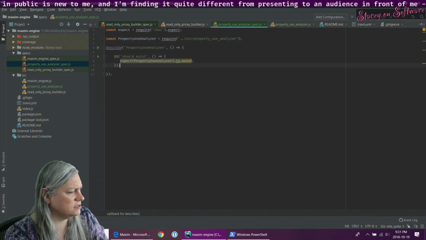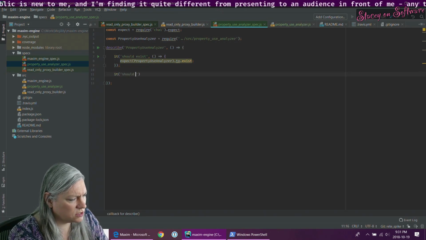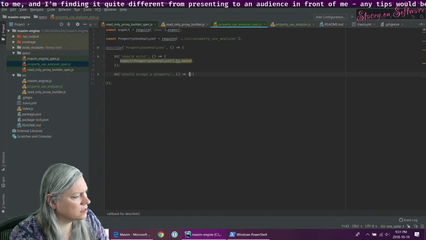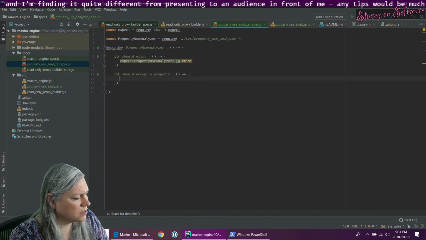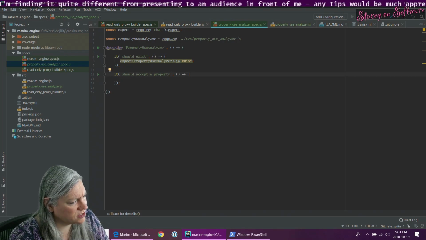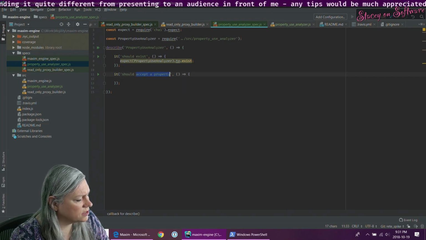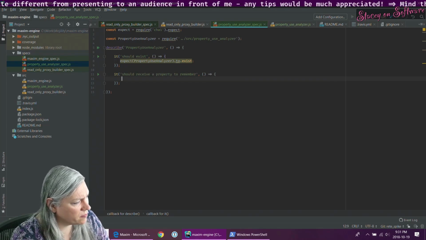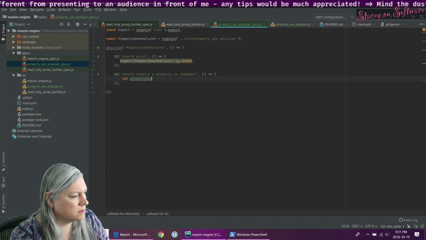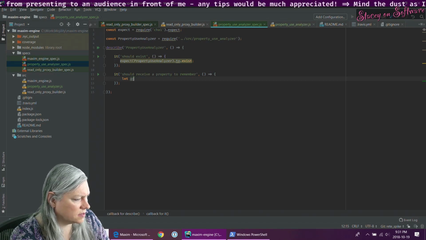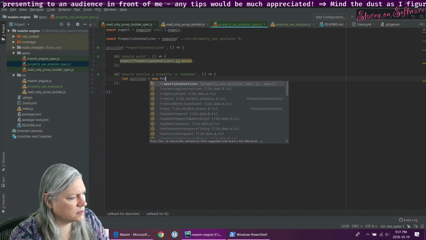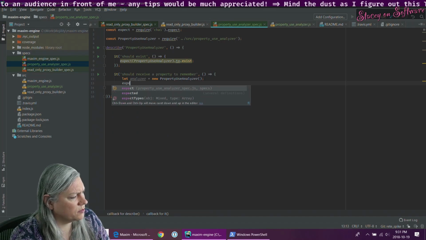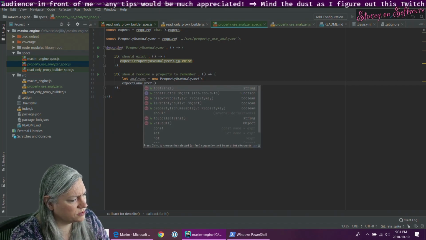So what do I want this thing to do? It should accept a property. That sounds nebulous. It should receive a property to remember. If I create a new one of these, I would expect that the analyzer, what should we call this method?